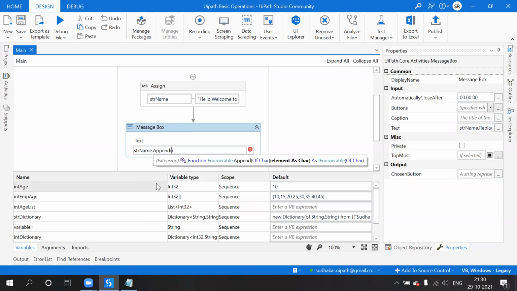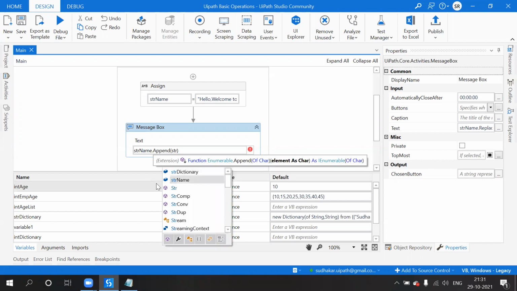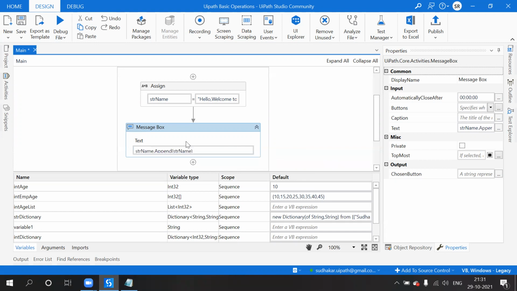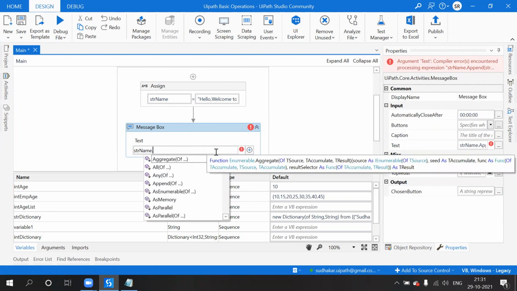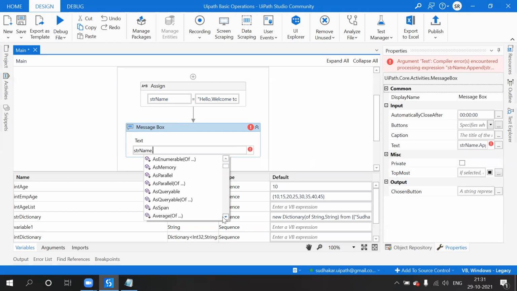Str dot append of... same, I will use str append. We'll see what is the dot to string. No, the syntax is different. Str dot... so we'll check.